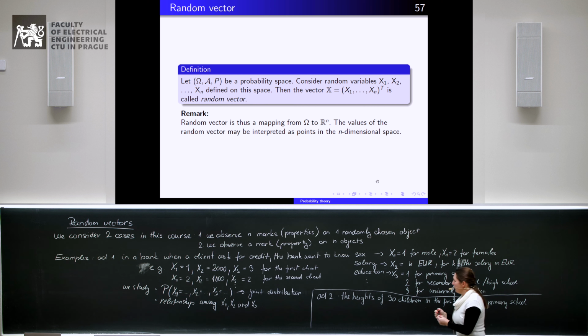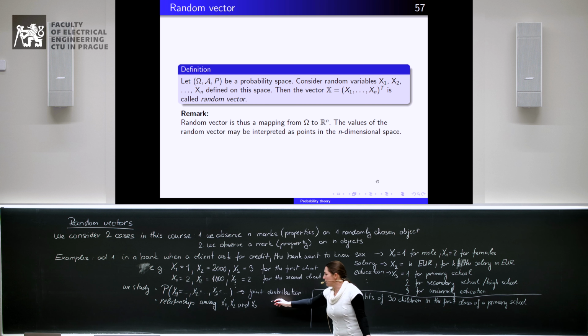And then we suppose that these heights are independent, because in the first class, we have children from many families which are not connected. So therefore, we suppose that these heights are independent in the sense that one height has no influence on another height. And then we are not interested in the relationship among the